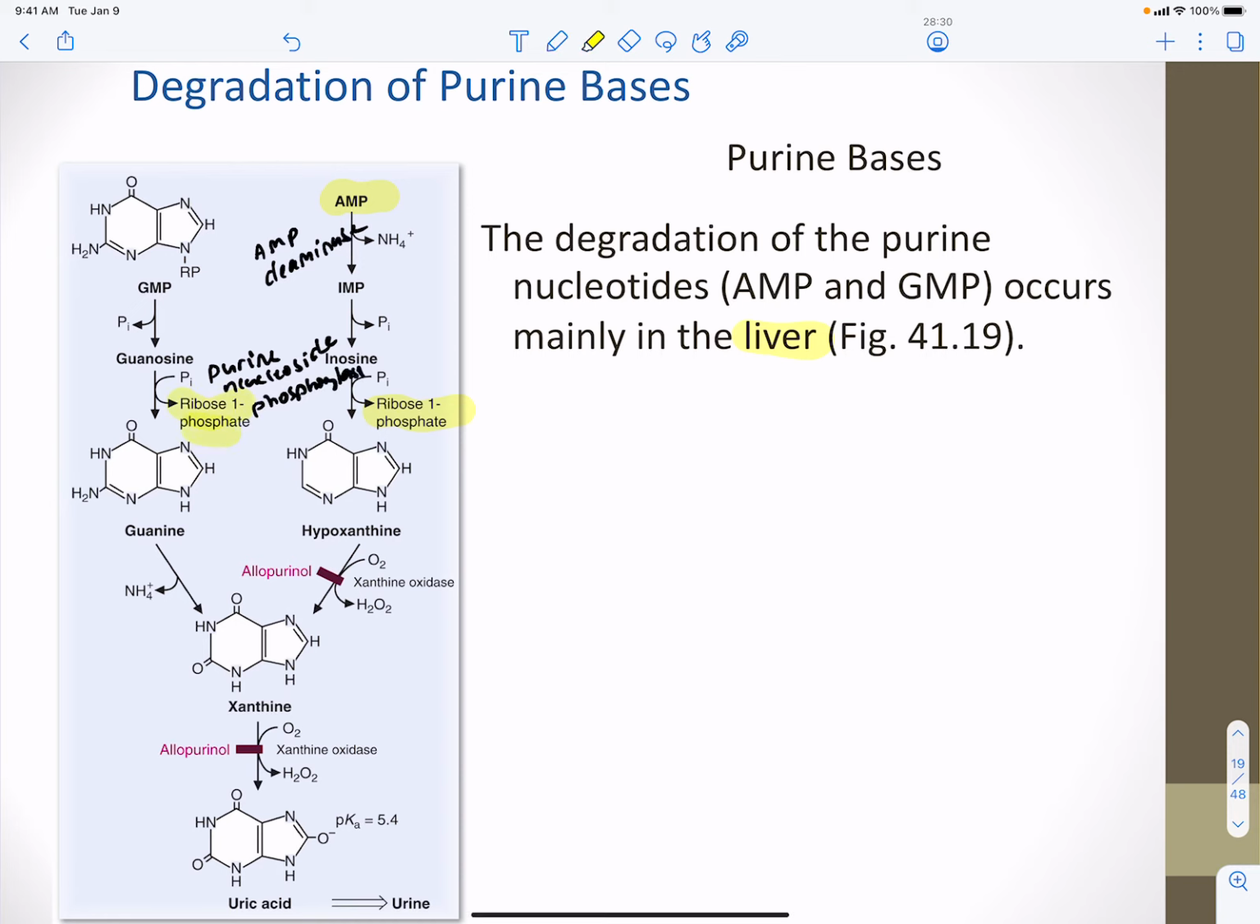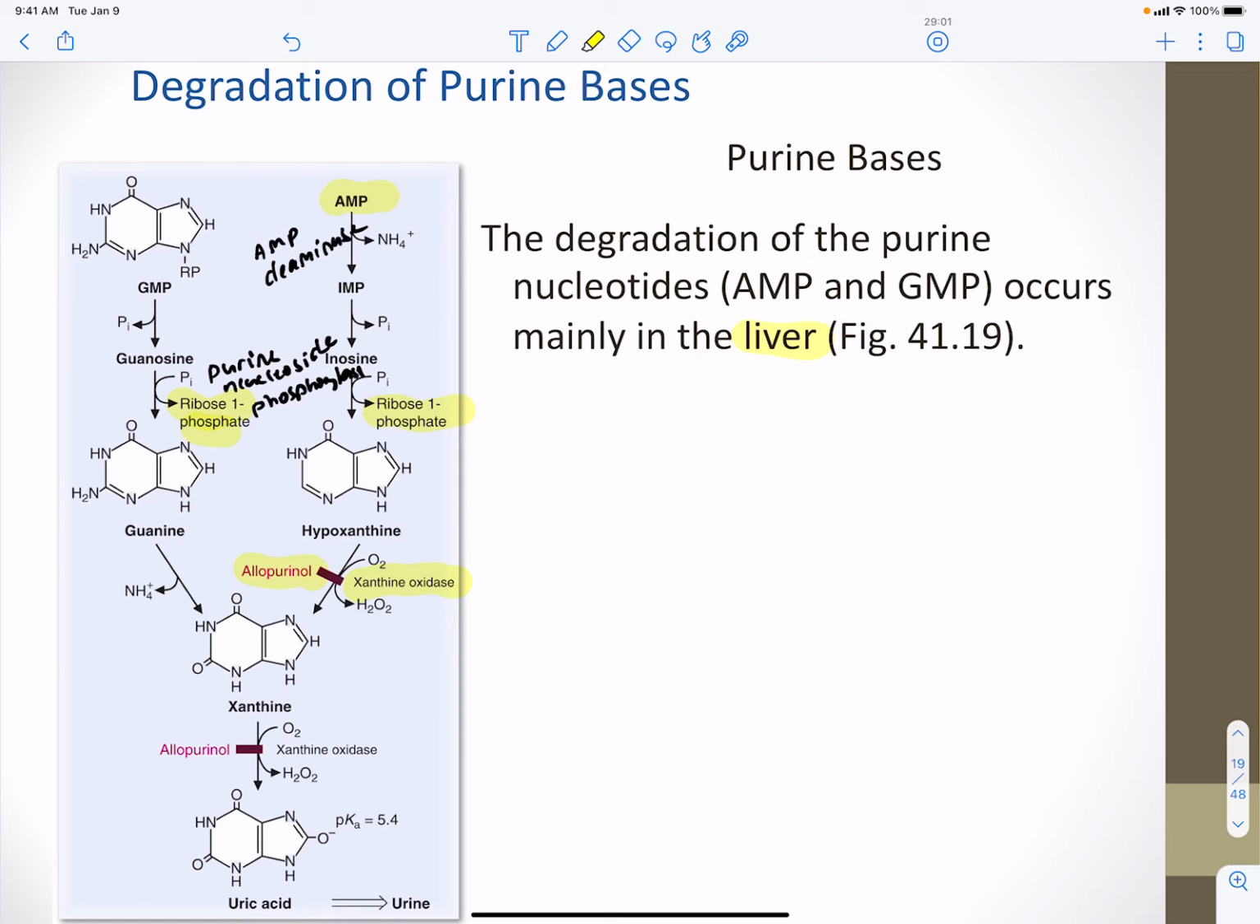Okay, and then you get your ribose released. And then you have your bases, you have guanine, hypoxanthine. And then the important one here is going to be xanthine oxidase. Xanthine oxidase is going to be a target for allopurinol, which is, of course, going to be one of the treatments for gout. And then you have xanthine that gets formed from either guanine or hypoxanthine being further